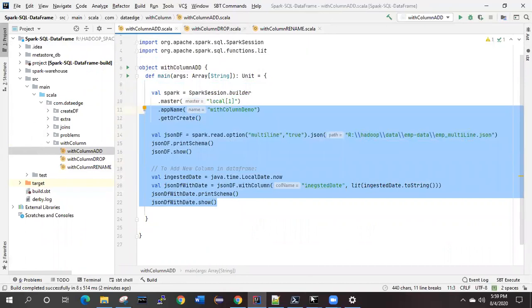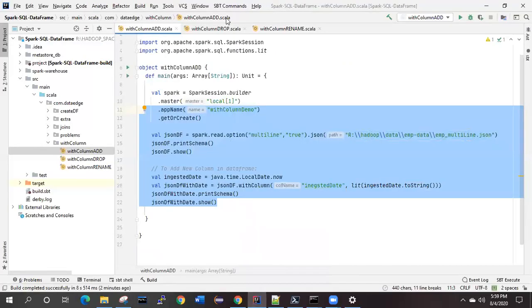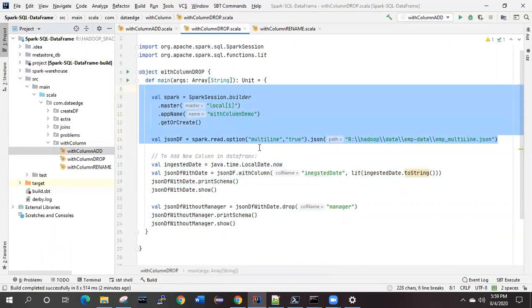Now suppose in this schema where I was reading, I don't want to make use of this manager. I want to drop this manager column. After hire date, salary will be there, manager should not be there. How can we do that? The code for dropping, up to this, everything is the same as the previous example.